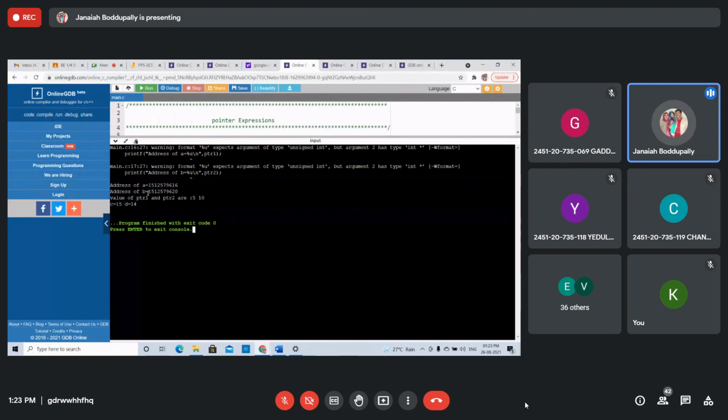Yes, 14 you got. Students, are you understanding? Address of A, address of B, value of pointer 1, pointer 2, 5, and star PTR1 is the value at that address location of A. Then 15, 14. You got it.